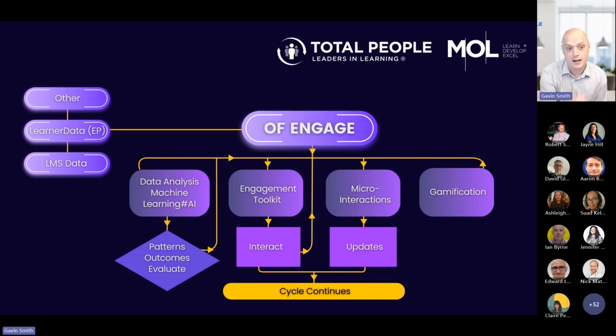They develop patterns of outcomes that we can then use. Following on from those, what we can then do is start to use some engagement tools. These are engagement tools that are both human and computer generated. So we're using areas like sending people emails, sending people prompts, basic nudge theory approaches just to remind